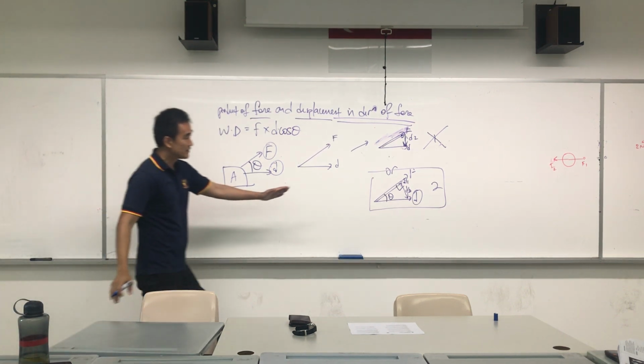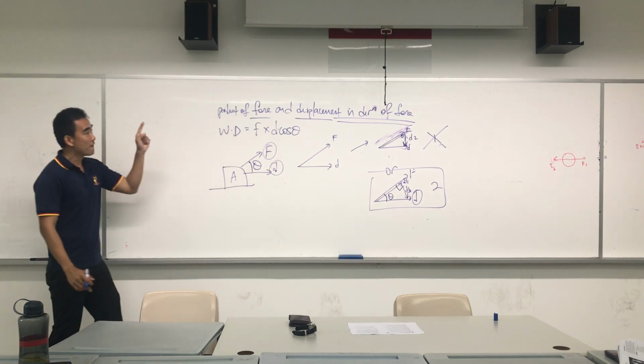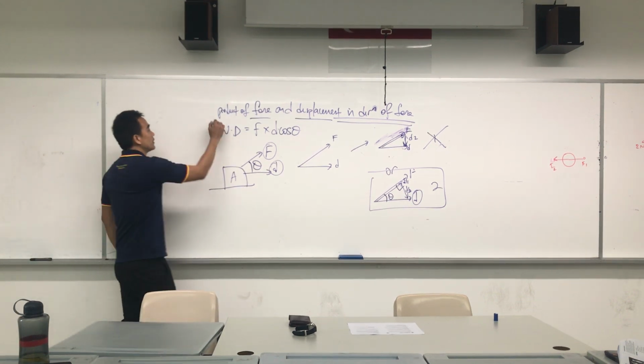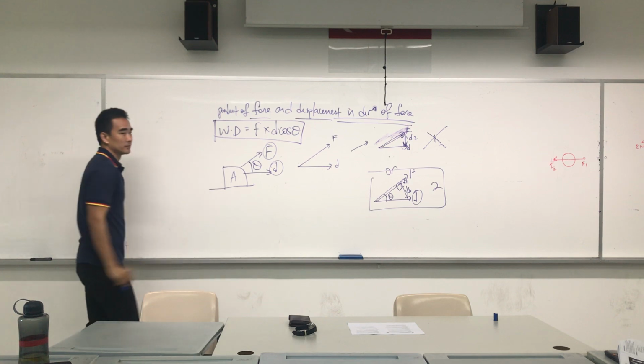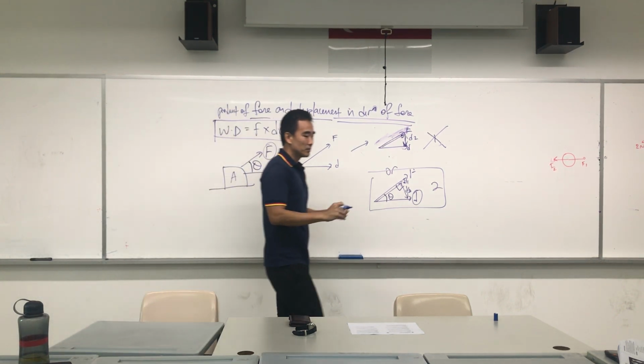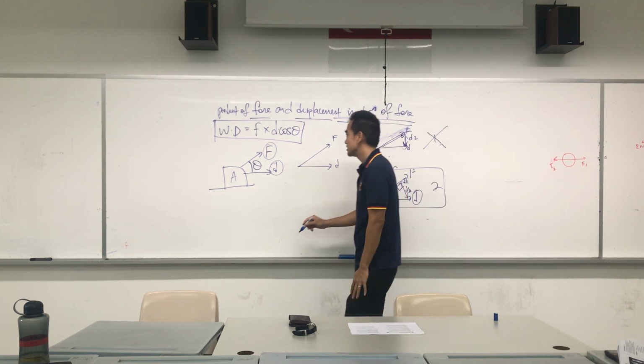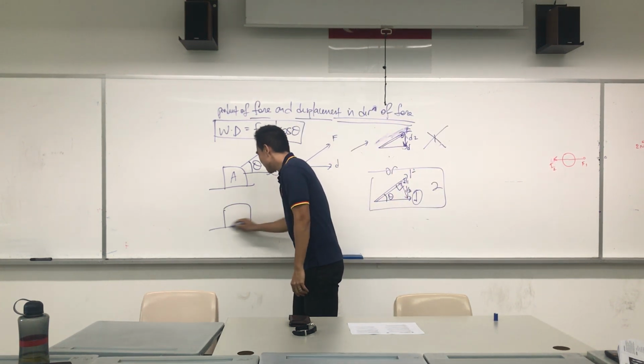This is the adjacent, this is the hypotenuse, so it is cosine. So the full formula for work done is this one. Now please don't just remember the formula as F D cos theta, because if Mr. Terence Chew would set a question, I'll definitely be nasty enough to give you a situation